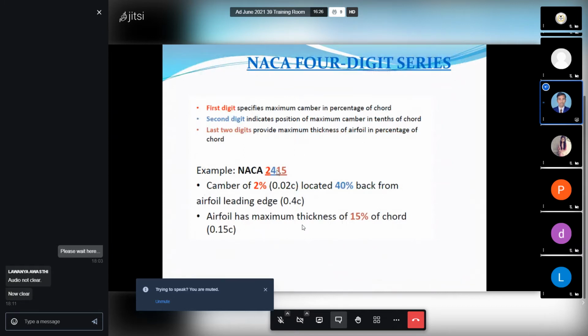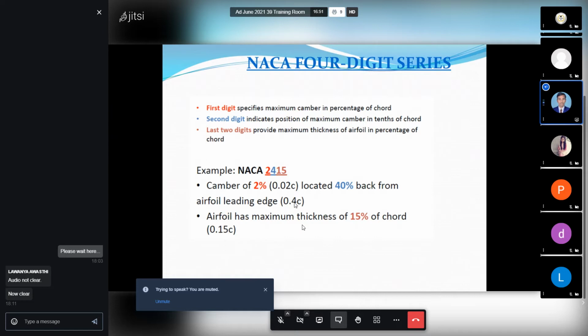If we take one more example, NACA 2415, the first digit, as I told, is the camber, and the 4 indicates the location of camber, that is 40% backward from the nose side, from the leading edge side.